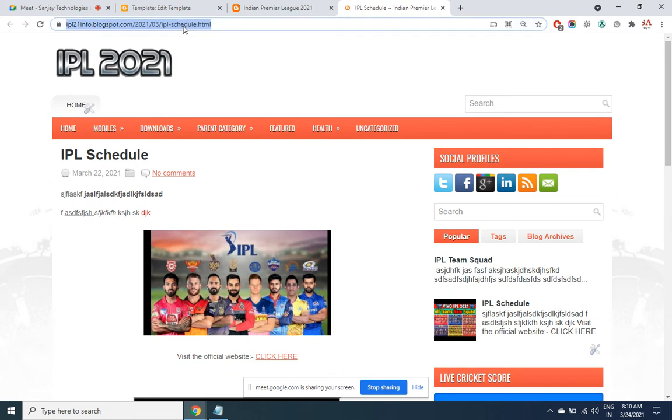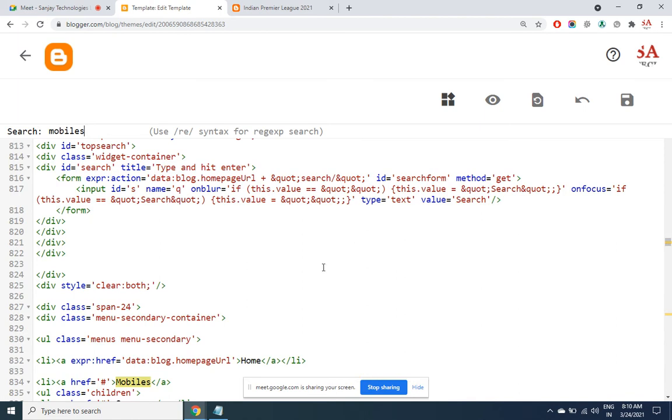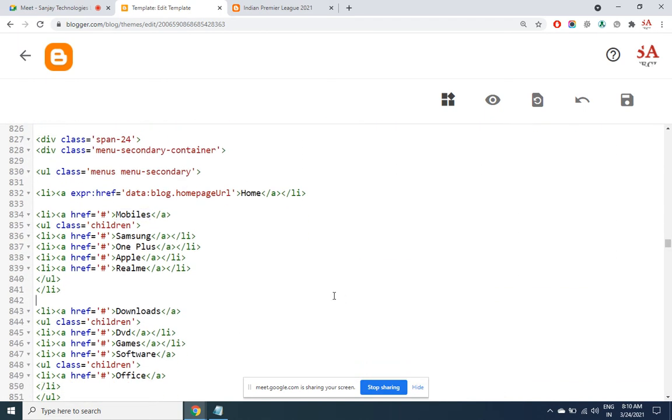So I am copying this page address and going back to the menu item, and giving this address there. So this internal page address. So whenever someone is clicking on Samsung, this page will open up.